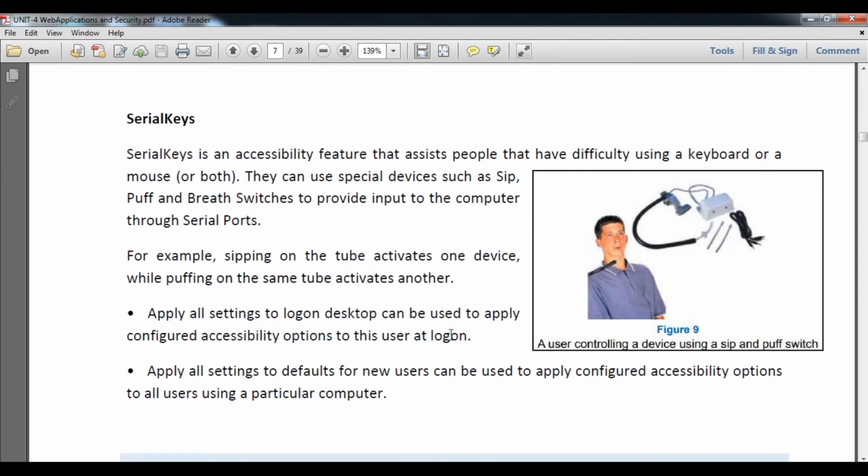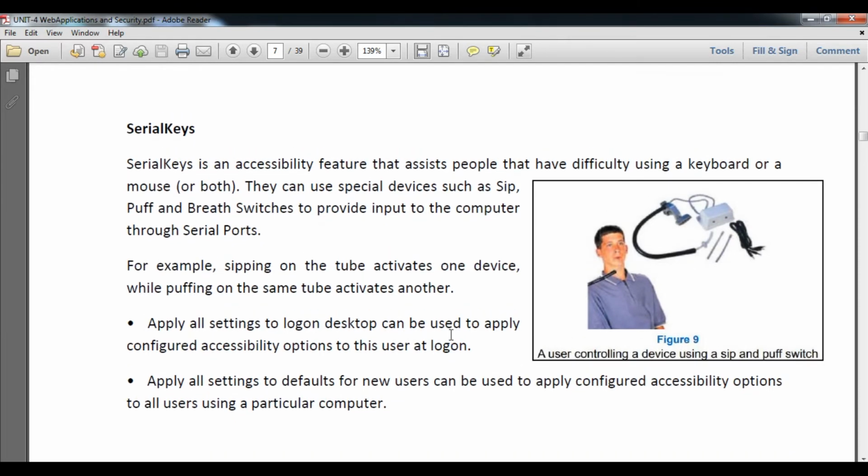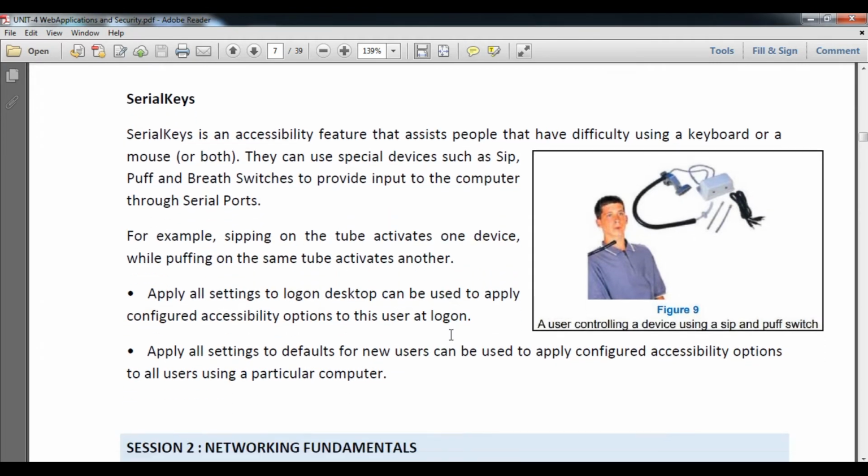Now we are going to understand the next part of this general tab, that is serial keys. Serial keys is an accessibility feature for students who have difficulty operating the keyboard or mouse or both. So they can use a special type of device which controls the keyboard and mouse, that is sip, puff and breath switches.